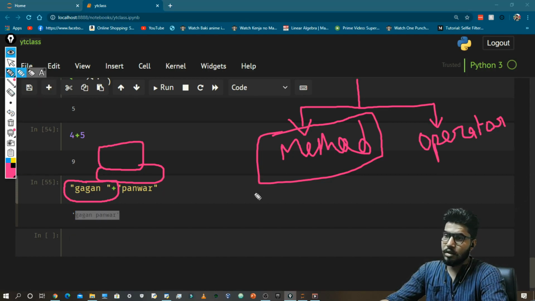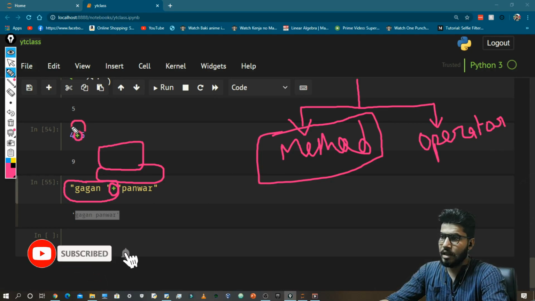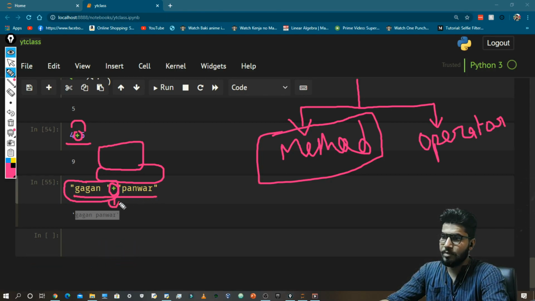So this is operator overloading, as the same operator is performing different kinds of operations. In this case it was adding the values, and in this case it concatenated both the strings and provided this result. So this was operator overloading, guys.